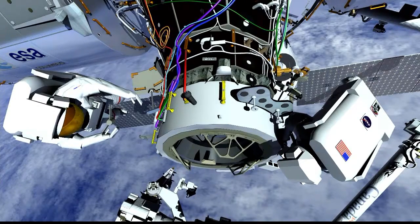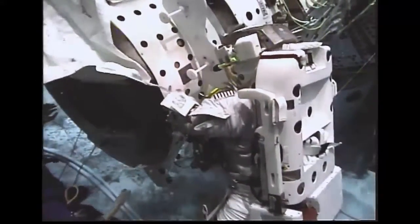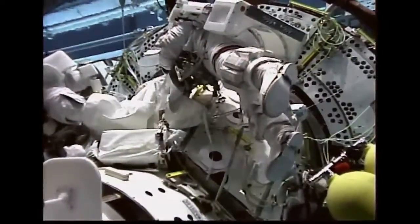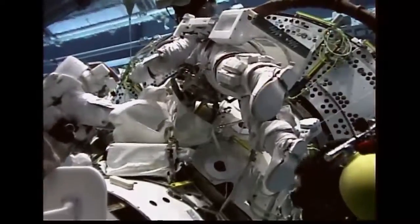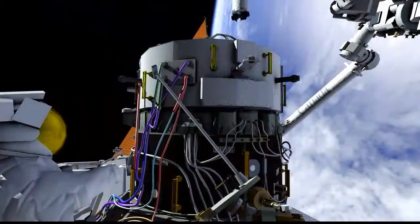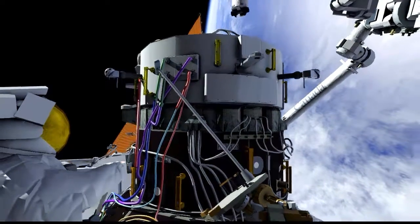There are several straps that they need to work together to remove. It's very similar to the PMA covers that we've been installing and removing in the past. Here you see Kate working in the NBL to remove the straps from the handrails holding it in place. The 2 of them need to work together to stuff that cover into the ORU bag. At that point, they can install the 2 hemi-reflectors onto the docking adapter,